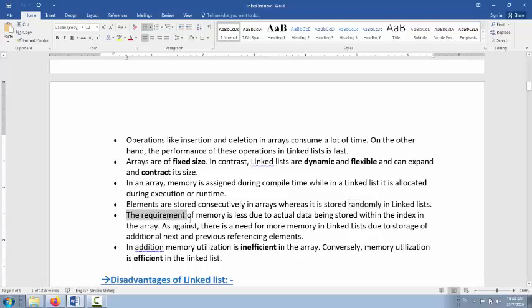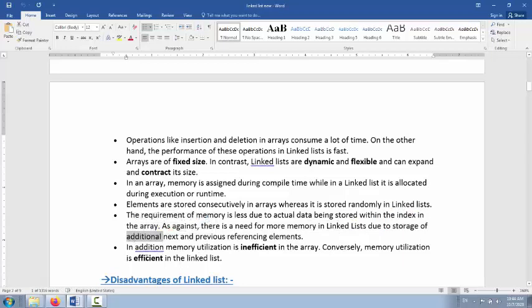The memory requirement is less in the array because only the actual data is stored within the index. So that is the advantage. Inside the linked list, the memory size required is larger because it also stores the address of the next node.